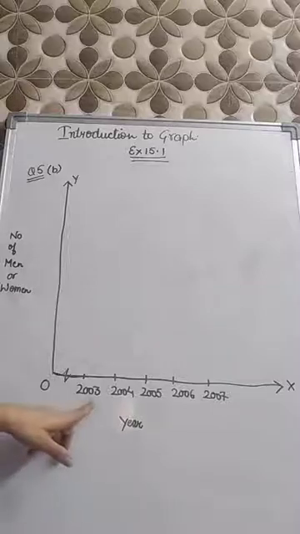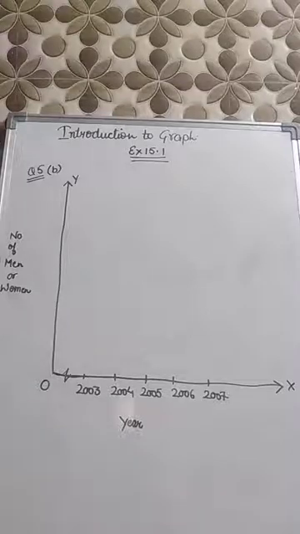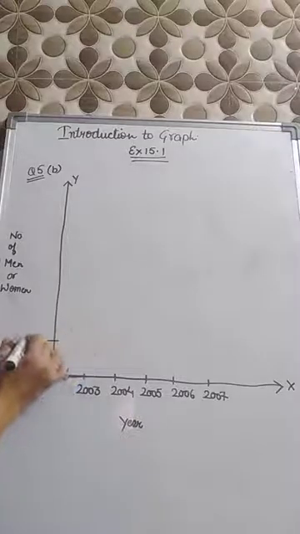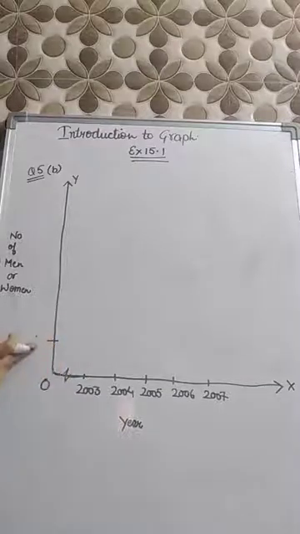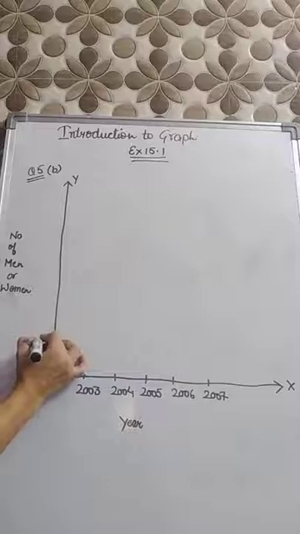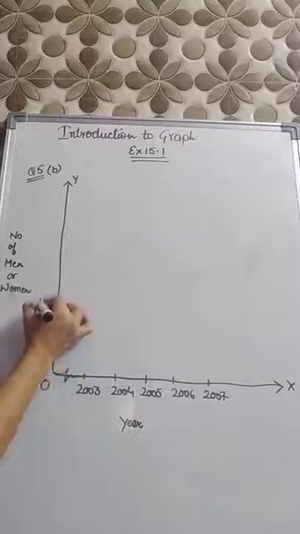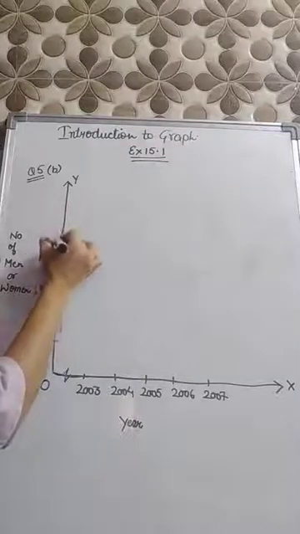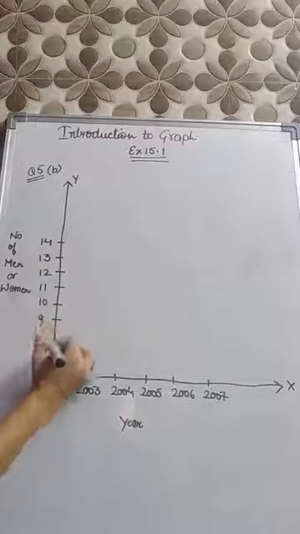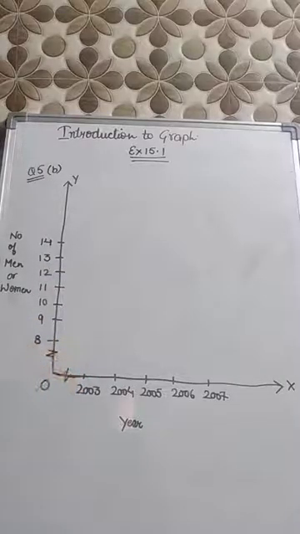In the year 2003 you are given 12 men, and the rest of the numbers are given in decimals. The smallest one is 11.3 and the greatest one is 13.6. You can start from 5, 6 or 7 as you want. I'm starting with 8: 8, 9, 10, 11, 12, 13 and 14. Got it? I'm going to put the kink here. If you want to start from 1, 2, 3, 4, you can.